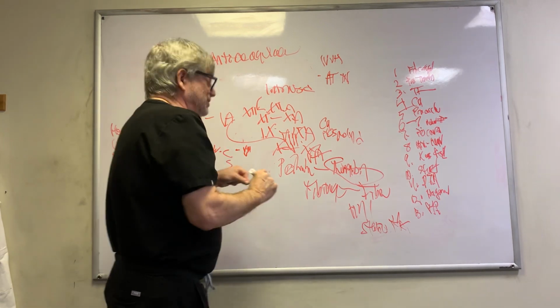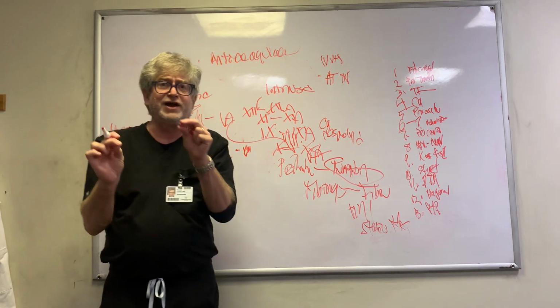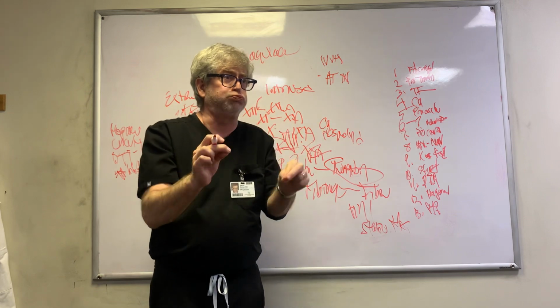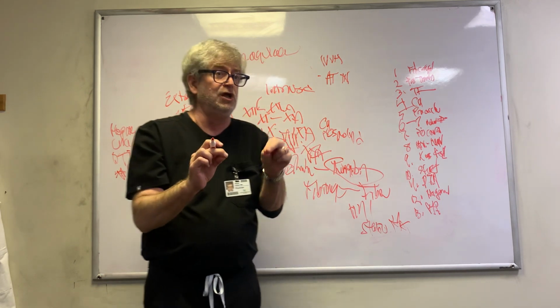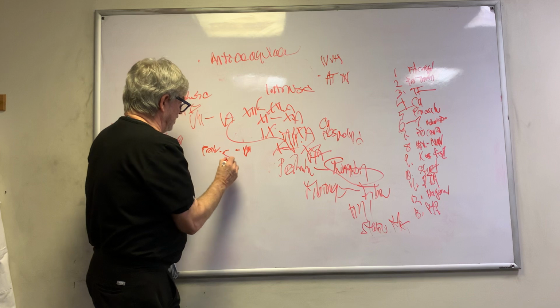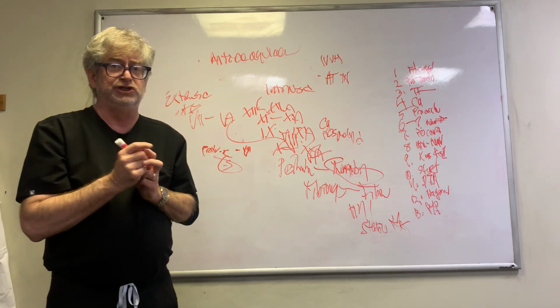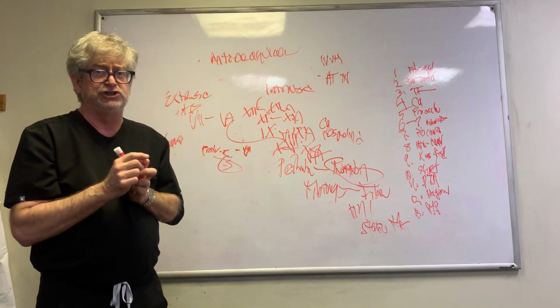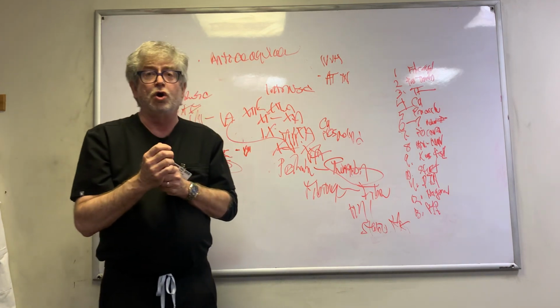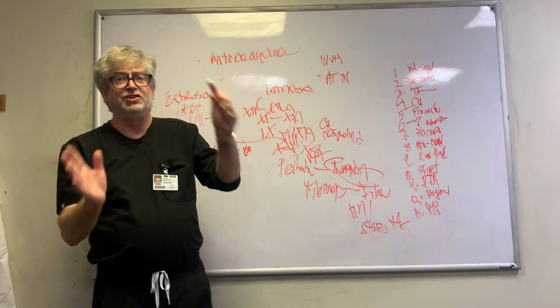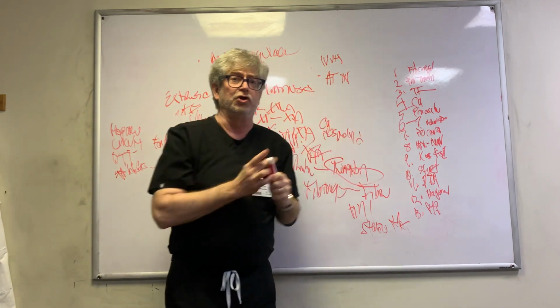And if you don't have enough, you might have a little more factor 5 and factor 8 and be prone to clots. Okay, that's what protein C does. And protein S is kind of a cofactor for protein C. So antithrombin, protein C, and protein S are basically, they offset the coagulation